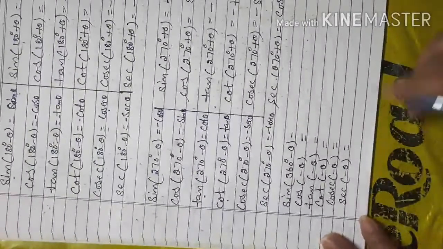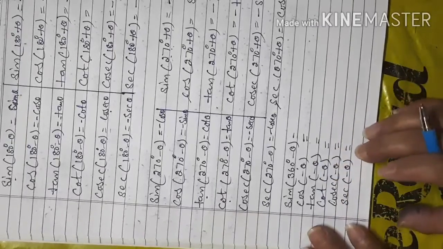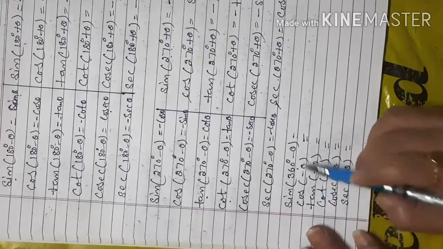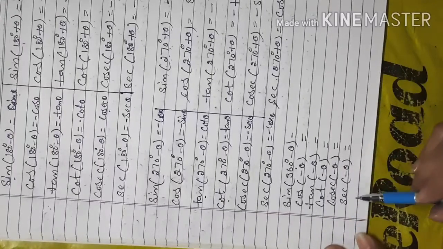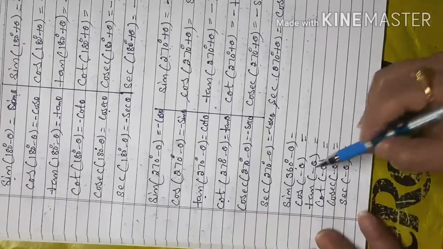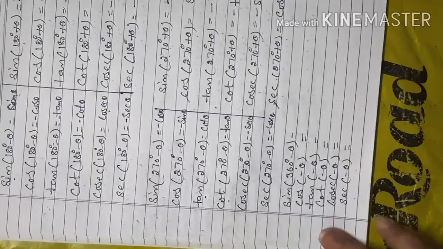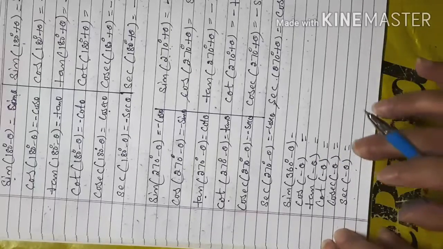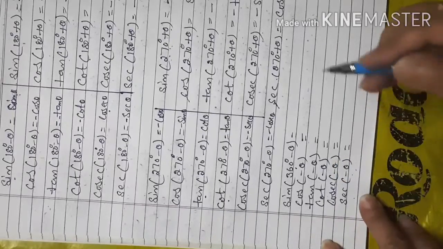Now if we discuss 360 degree minus theta, we do not always write the 360 because this is a complete angle, so 360 degree will be silent there. We always write sin minus theta, cos minus theta, tan minus theta, cot minus theta, cosecant minus theta, and secant minus theta. So that means 360 degree is silent here. If any trigonometric term has an angle accompanied with a negative sign, that means 360 degree is silent there.